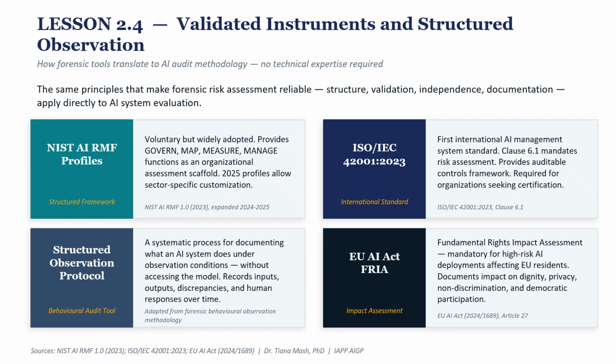I'm going to walk you through four tools calibrated to different levels of organizational readiness. Tool 1 is the NIST AI Risk Management Framework. This is a voluntary framework published by the United States National Institute of Standards and Technology. It was expanded significantly through 2024 and 2025. It is one of the most widely adopted AI governance frameworks in the world, and I am a huge fan of it as well. It has four functions: govern, map, measure, and manage. And you do not need a technical background to use it. You need to understand the discipline to answer its questions systematically and document your answers accordingly.